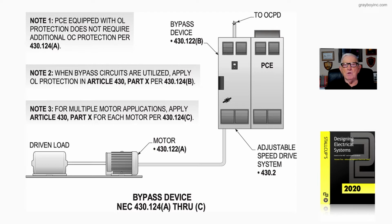per 430.124(B) as in boy. Note 3 states for multiple motor applications, apply Article 430, Part Roman numeral X for each motor per 430.124(C) as in car. Now, so what they're saying, you can run the adjustable speed drive with the overload protection